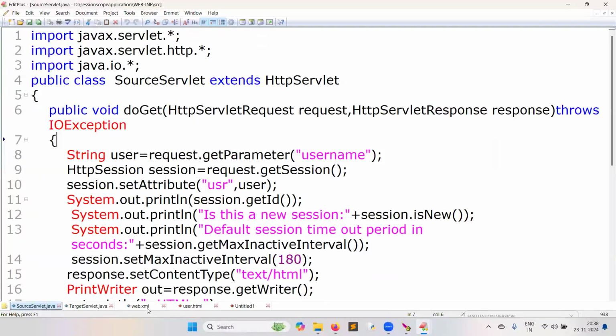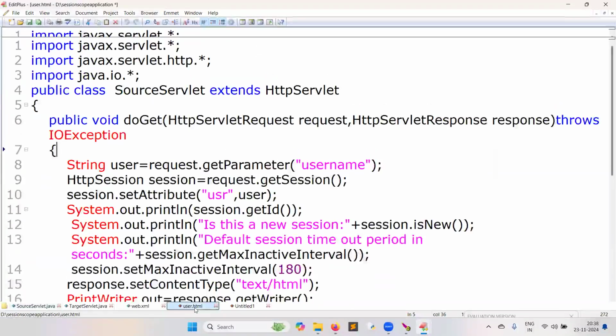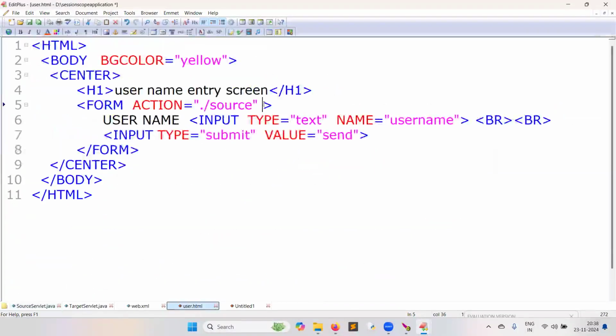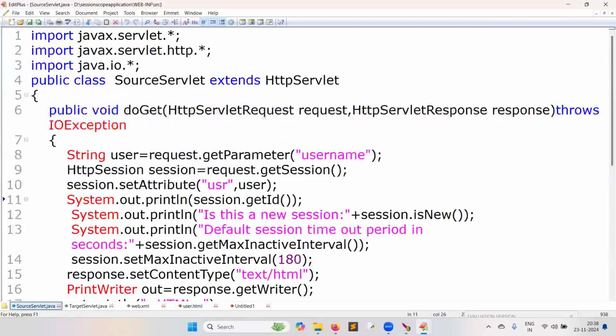The incoming request is which request? Get request. Because only if method is equal to post will the request be post. I did not mention the request type in the form. Therefore, the request will be a get request, and the servicing method is doGet.